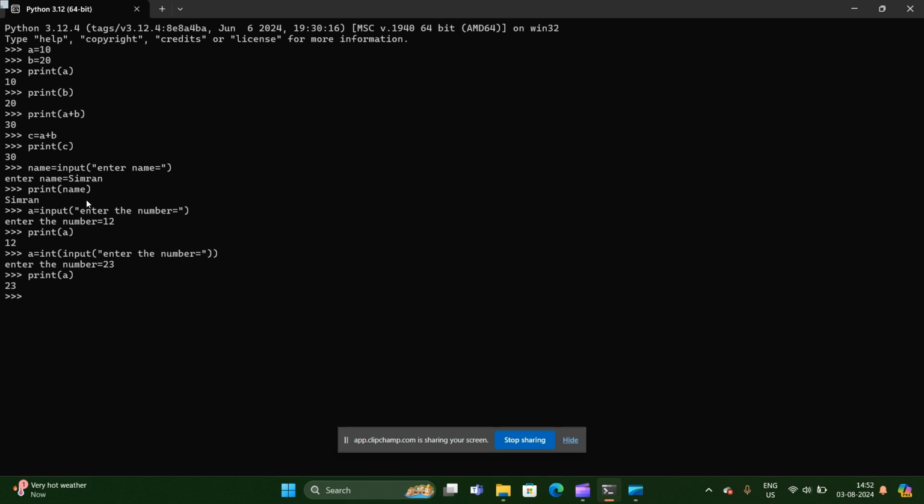Now I will show you the difference, like why I have converted into the integer value. Before that, it was taking the number as an integer or string. So let me take another example here. I am taking number 1 input. Here I am not converting it into the integer form. I am just taking its string value. So the input,